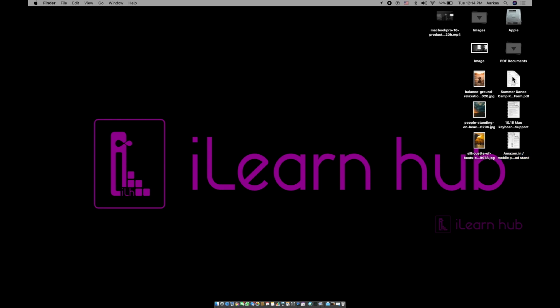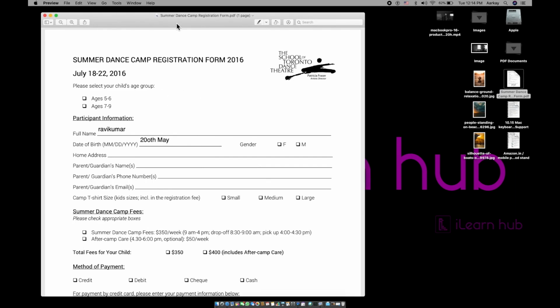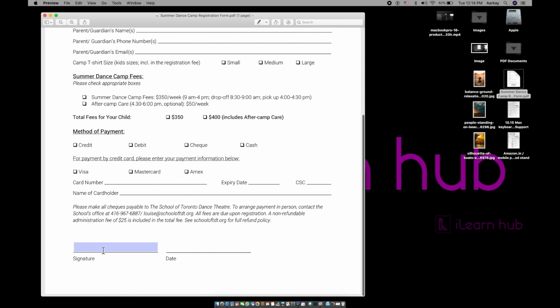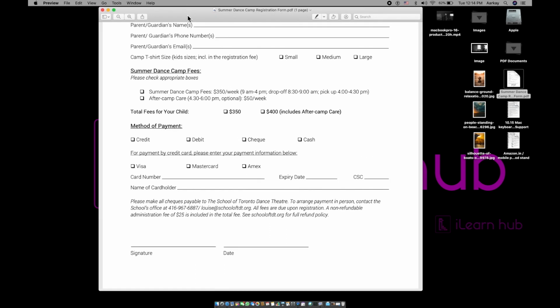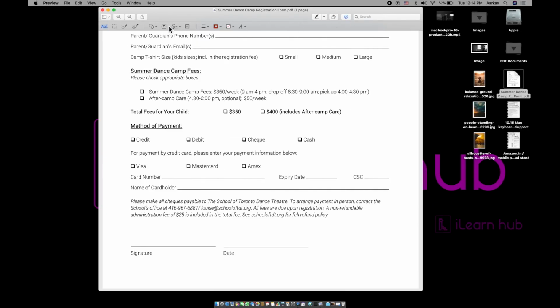Now let me show you one more special tool. So lot of people actually wanted to sign the document. For example, I want to add my signature here. So I don't know how do you do signature, but let me show you the simplest way here. So you just simply go into your tool palette again. In the tool palette, you have a facility here.